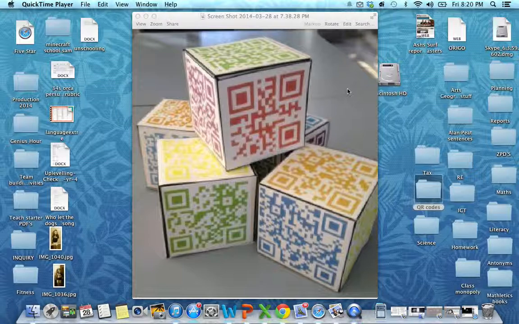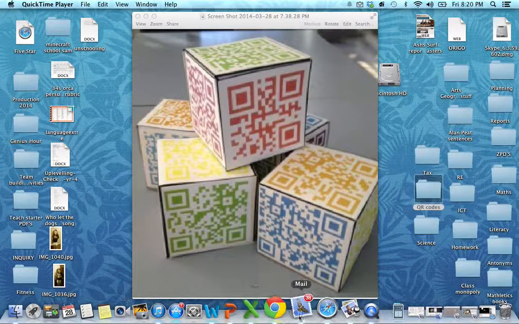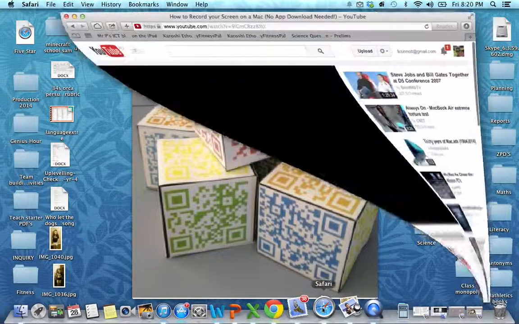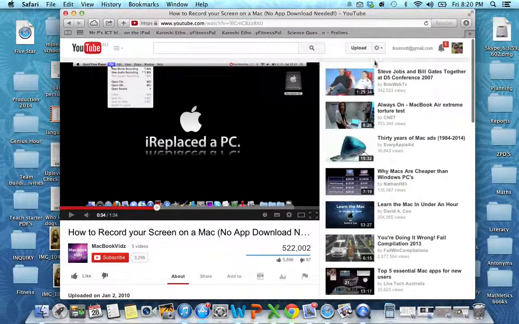But before I go into other ways to use them, what I will do is to show you how you can create them. So you'll just have to bear with me, because what I'll do is actually click through the screen and take you there. So if we open up our internet browser